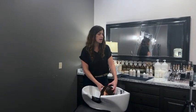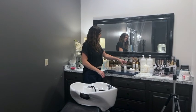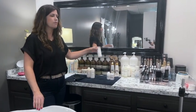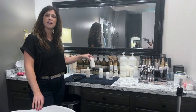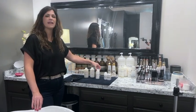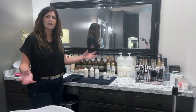The products that I'm using today are Olaplex products. So I have my shampoo, my conditioner. This is a mask that I like to have people use maybe once a month. Throw this into your regimen with your shampooing in place of your conditioner. So the mask is just going to be left on a little bit longer. I think they recommend 10 minutes for the mask. You could leave it on longer than that for sure, but that's just going to help give that hair some